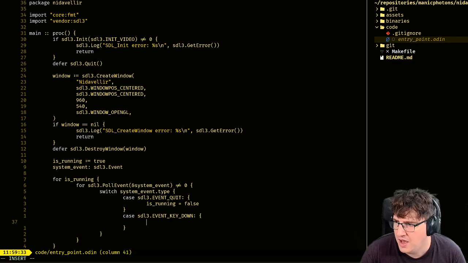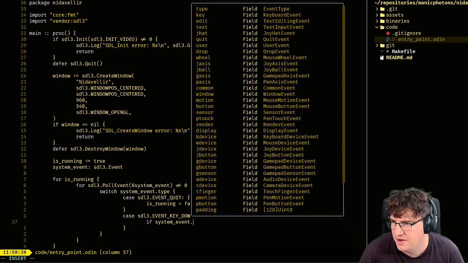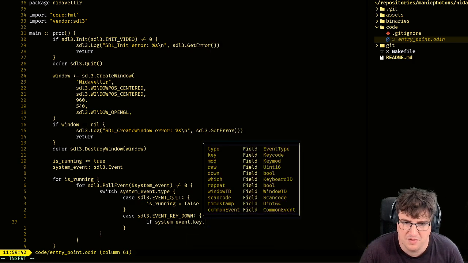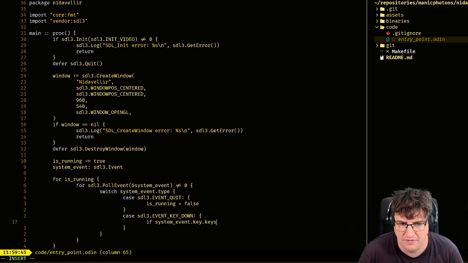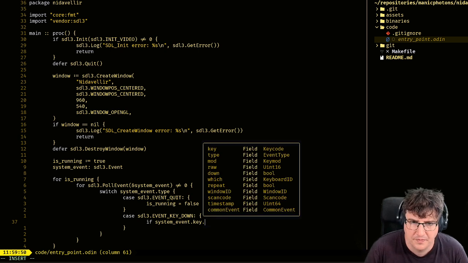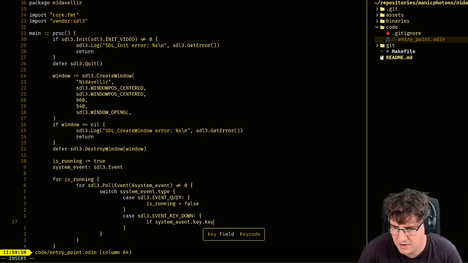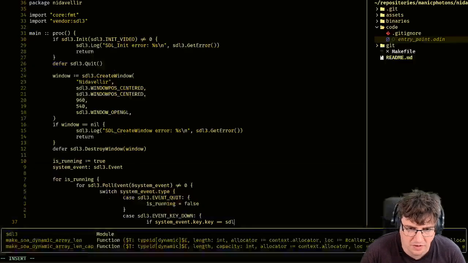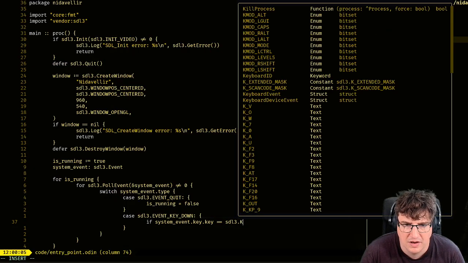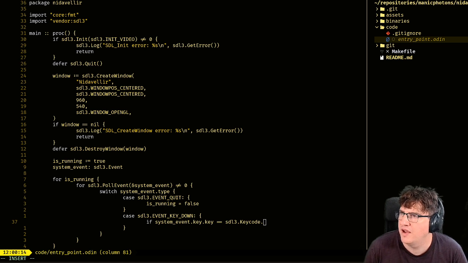Okay. If system event dot key, say it's a keyboard event, then if the key equals SDL3 dot key code dot. Let me just double check.